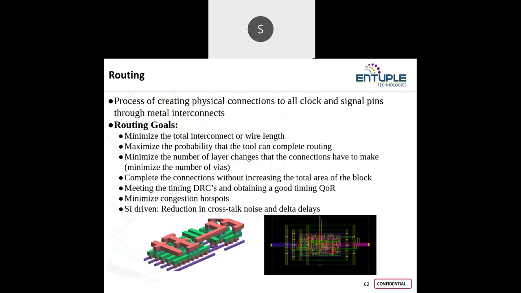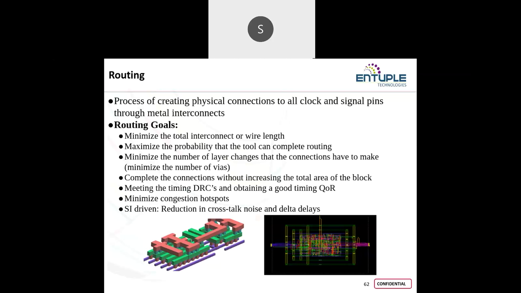So how am I connecting? There the routing comes into the picture, through the metal interconnects. By making use of metal interconnects, I am connecting all those physical connections, cell to cell or cell to pin. So that is where the routing comes into the picture. Usually, again,